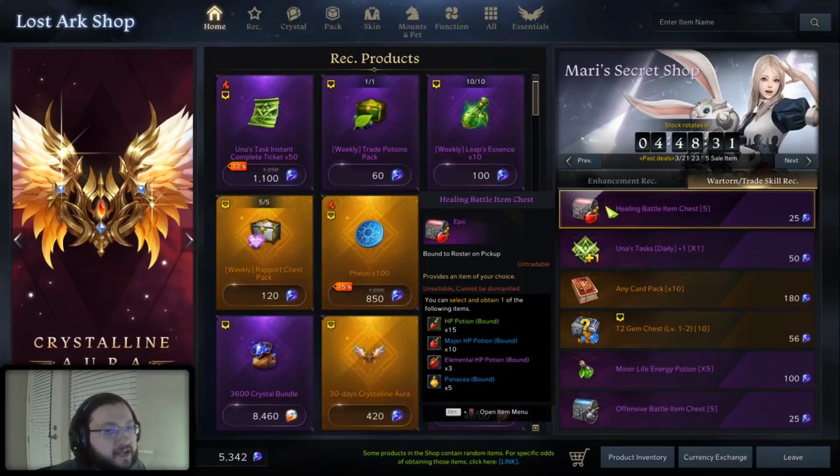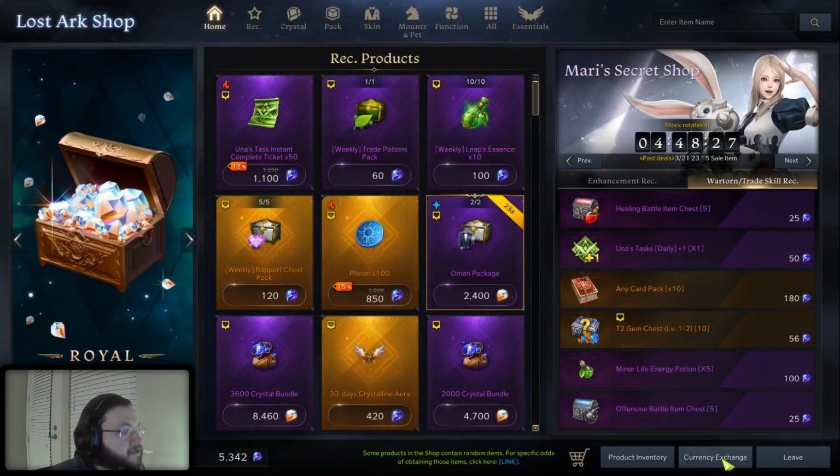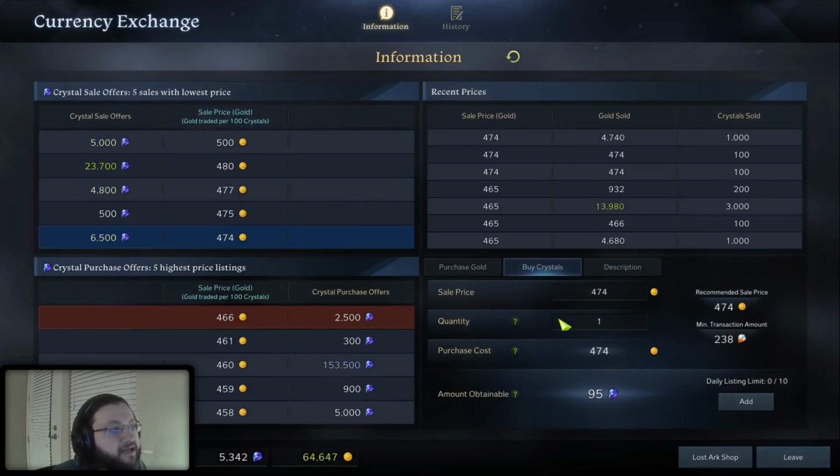What you want to do instead is take a look at how much gold this is going to cost you in blue crystals. If we go to the currency exchange and go to buy crystals, we can always buy blue crystals with gold. So 25 blue crystals here. Well, we can get 95 blue crystals for under 500 gold right now. And obviously these prices are going to be different depending on when you guys watch this video. But that means that 25 blue crystals is going to cost about 150 or so gold,